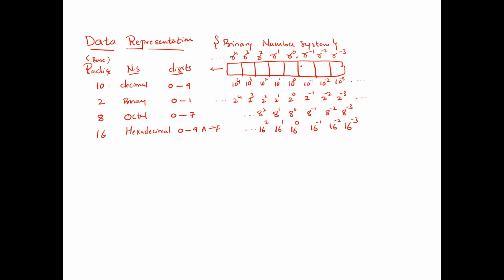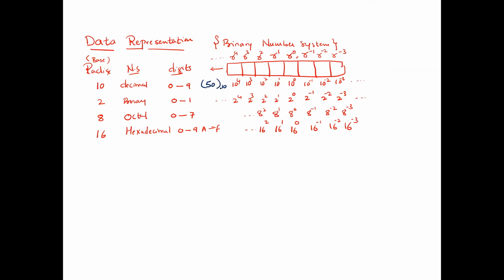For example, I'm going to form a number in decimal, the value 50. I will take a different color. How are you going to form the number 50 in the decimal number system? 5 is a digit, yes. 0 is a digit, yes. So this is a perfect decimal number.